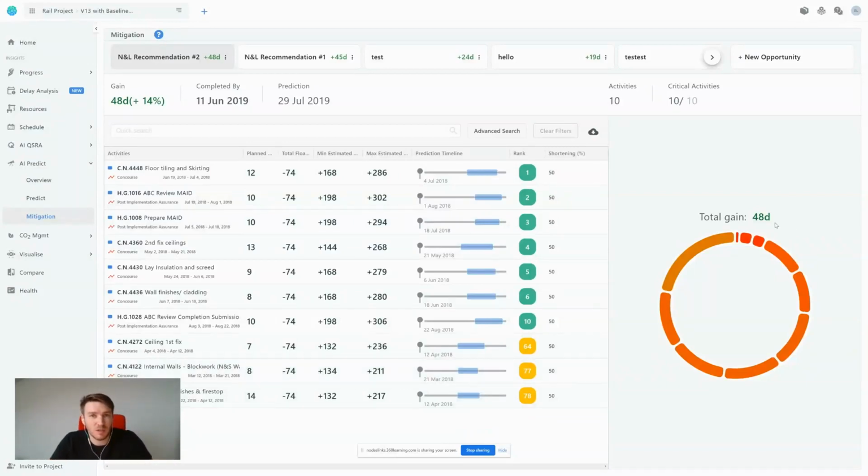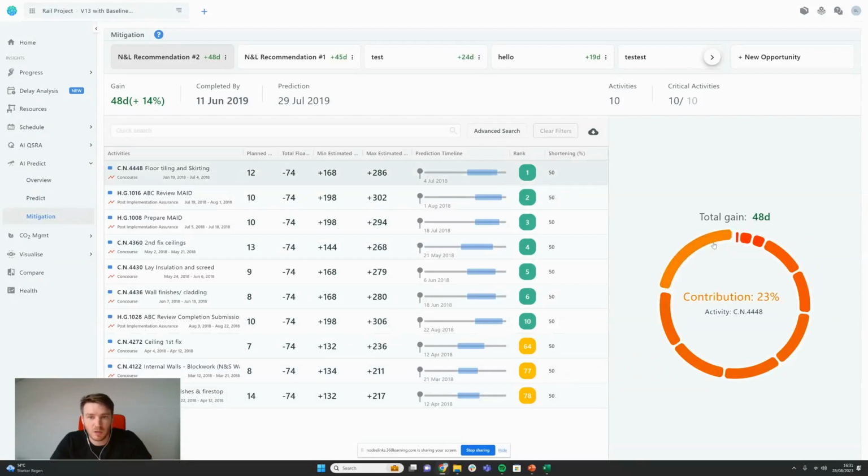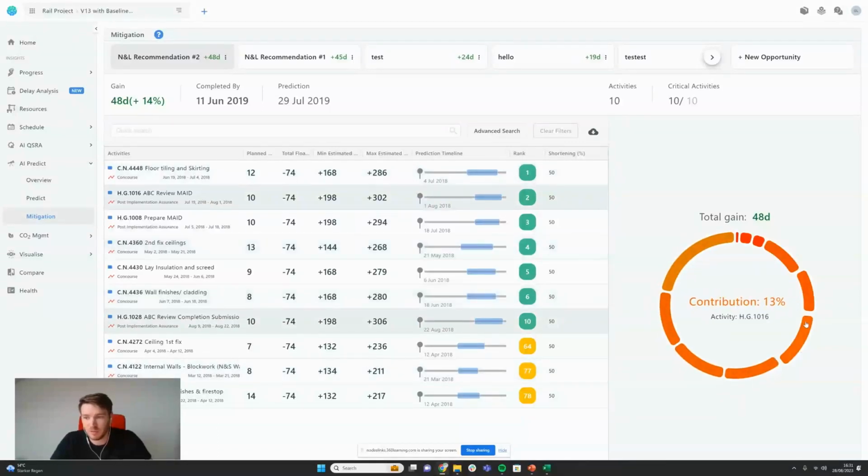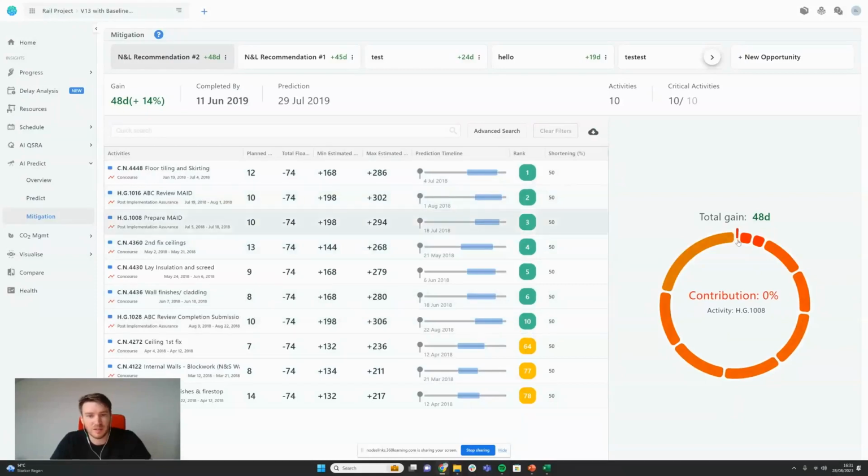And we can see which activities are driving most of this. So we can see that this, and this are driving the vast majority. If we take those off, we can see that this activity actually makes no impact at all. These only make very small impacts. What we can do is a number of things here. We could create new opportunities ourselves in the top right.